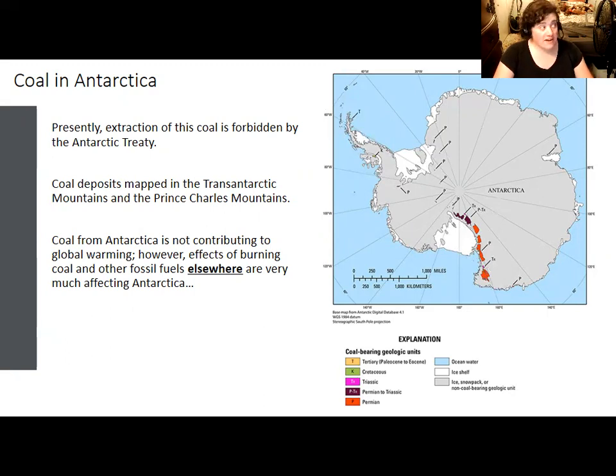The coal is not being extracted and it's not contributing to global warming. So the fossil fuels in Antarctica are not being extracted. Antarctica has largely remained unchanged in the sense that the carbon cycle has been largely unbroken. The carbon cycle traps hydrocarbons underground and locks them up in the form of fossil fuels until humans remove them. In Antarctica, the coal has not been removed, but elsewhere in the world, coal being removed is being burned, and the burning of that coal is contributing to climate change, and that is affecting Antarctica.